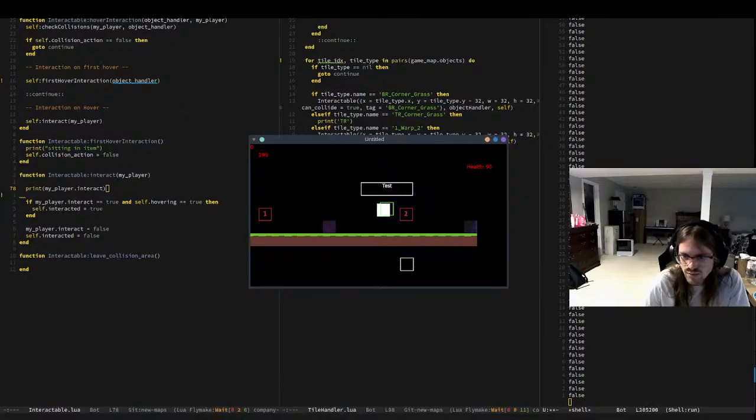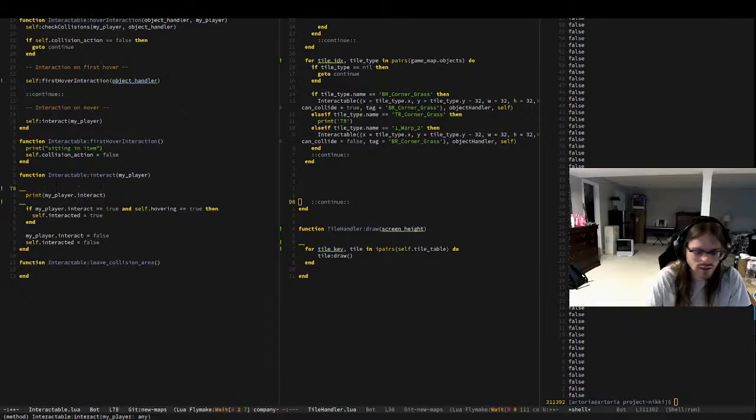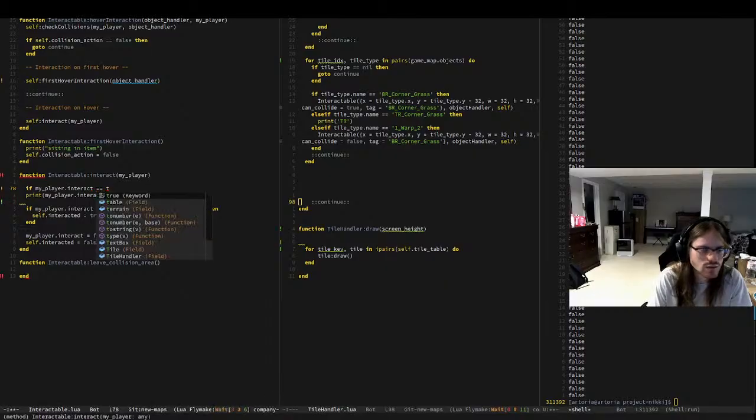I can see it happening for a very brief moment. Oh, I know what I should do. I always figured I can do this. So if my player.interact is equal to true, then